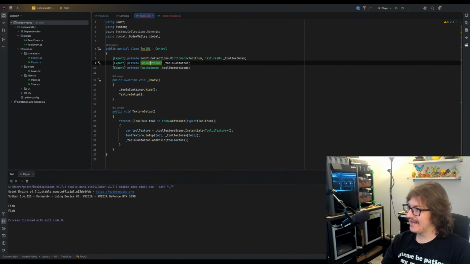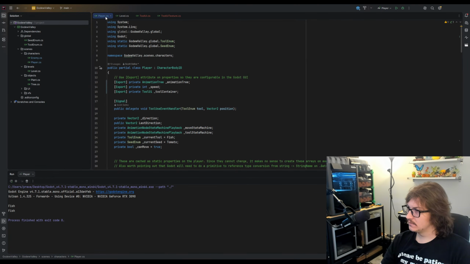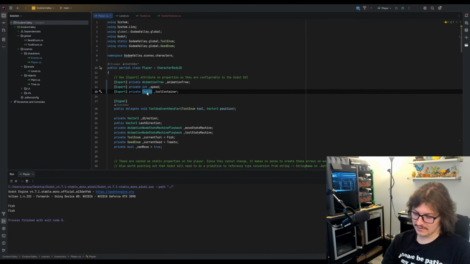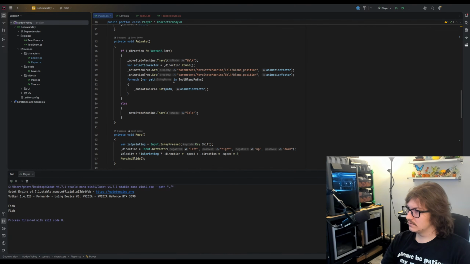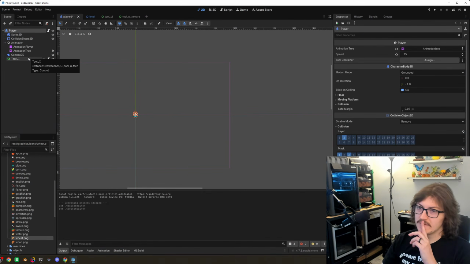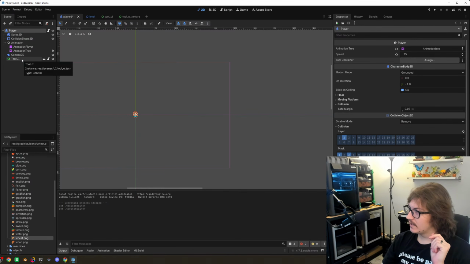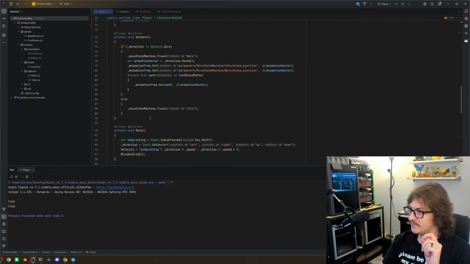So tools container is the HBox container. Oh man, I really don't like how we're doing that. HBox container. Yeah, see, because then we have to access... Ooh, this is interesting. I have not had to do this before. So let me think about this. So what we're trying to do